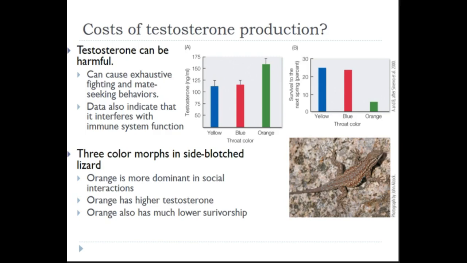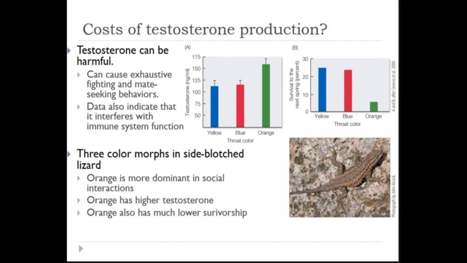Here, what they did in this case, this is just sort of a grab and stab study where they went and sampled individuals that had one of these three different throat colors within this one species. And you do see all three morphs within this one species. You see yellow males and blue males and orange males, and they measured testosterone in each. And what they found is that the orange males consistently had higher testosterone titers than the others. Interestingly enough, these guys also tended to be a bit more aggressive. They tended to be a bit more successful in securing territories. So there are some advantages with being orange and having this high testosterone.